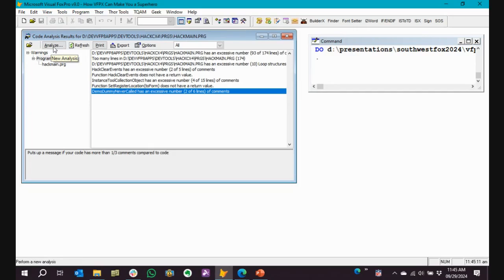Any questions on code analysis? Yes. Maybe a dumb question. When you said too many redirects, what's a redirect? A redirect in this case is, I'm sorry, the question is, what is a redirect if you have too many redirects? It's if you have this form dot page frame dot page dot parent dot page 2 dot text box dot, yeah, it's all the, especially one of my favorite checks is this form dot parent.